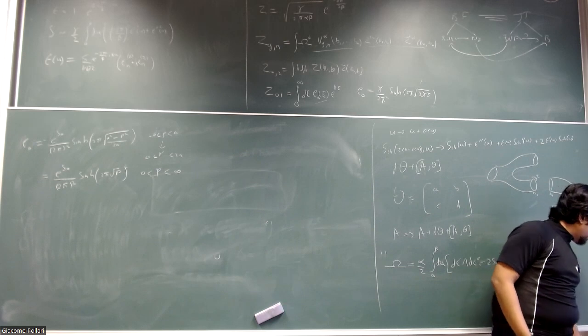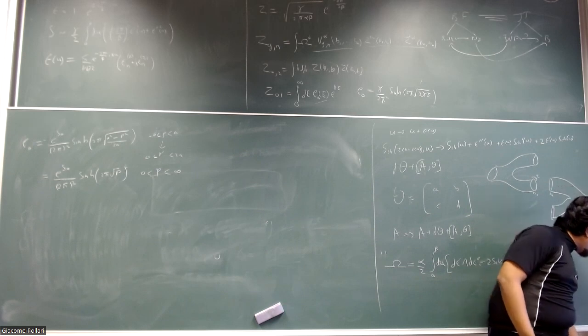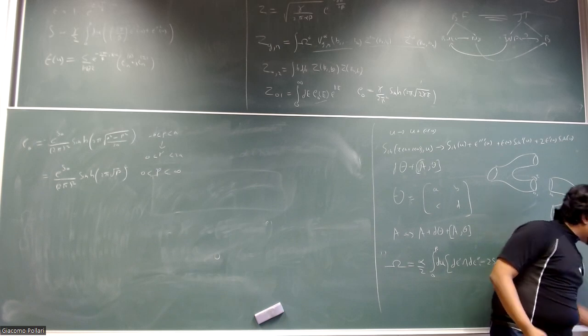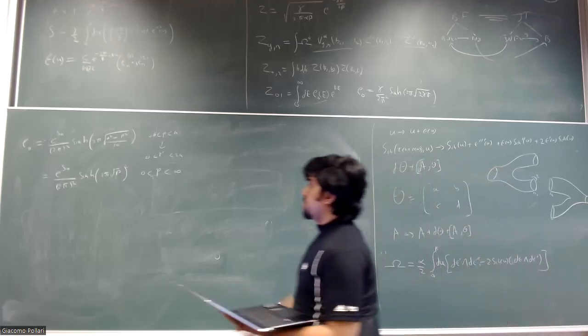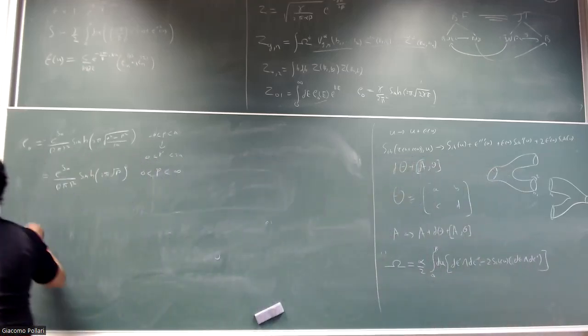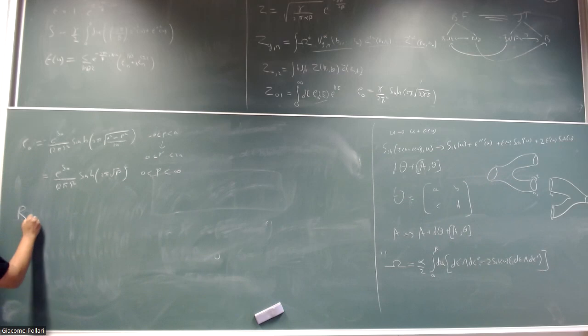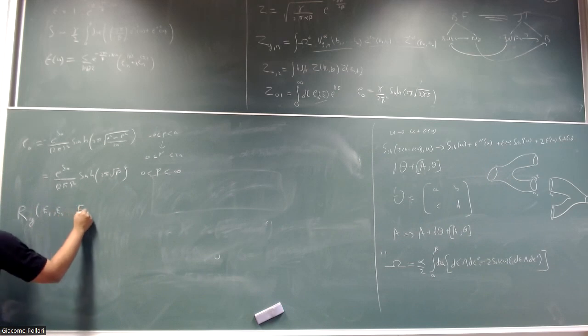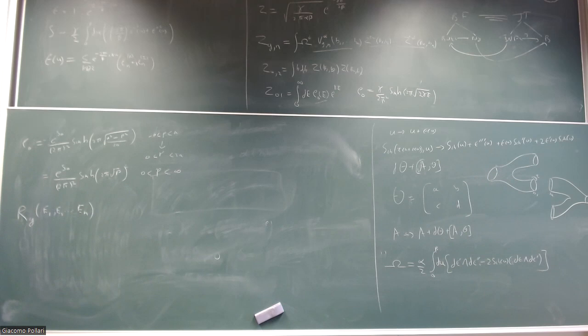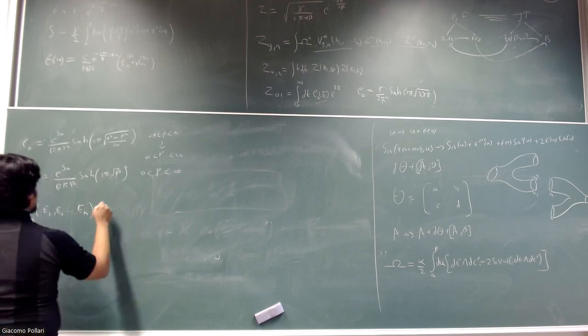So we can do that, and at the end of the day, the resultant we get from something like this, the end is right. This is omega g,n, but instead of omega we use R, and